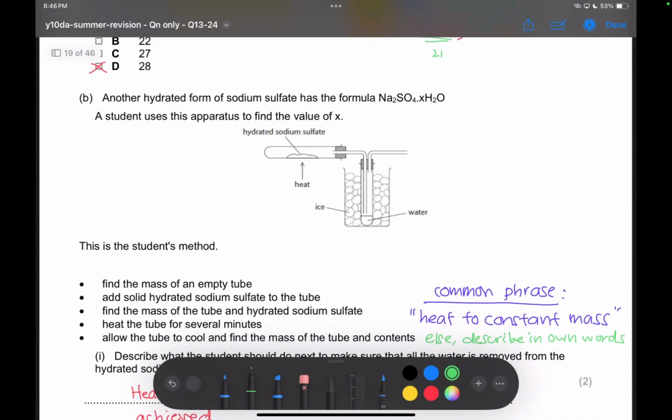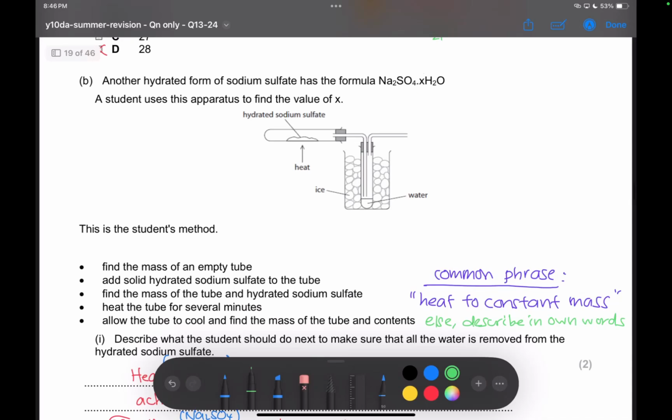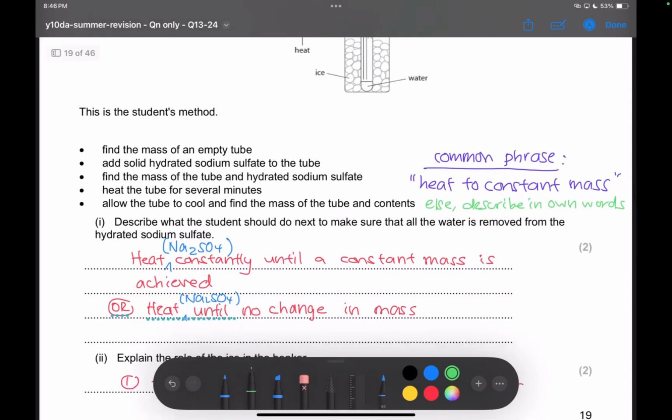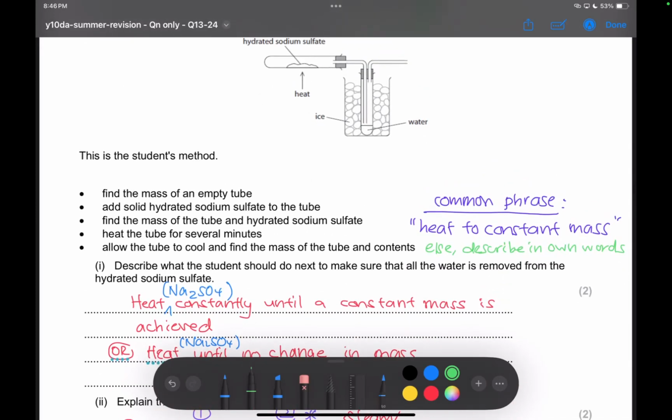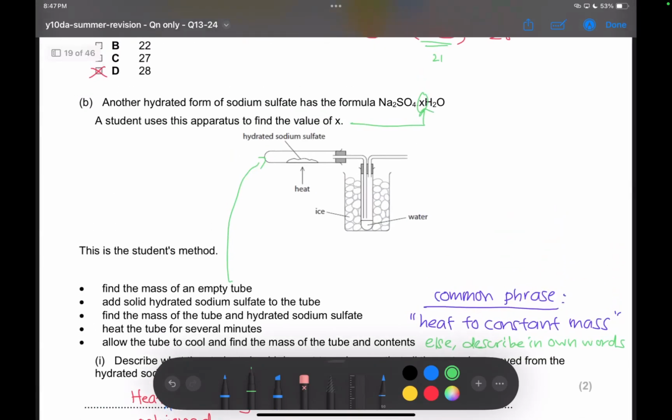Next one. We have a setup here, use the apparatus to find the value of X. X here refers to the number of water molecules. And this is the student's method. So they find the mass of the test tube, basically this one. Then they put the hydrated sodium sulfate in the tube and heat it, and they are essentially trying to find out the X value, the number of water molecules that's surrounding sodium sulfate